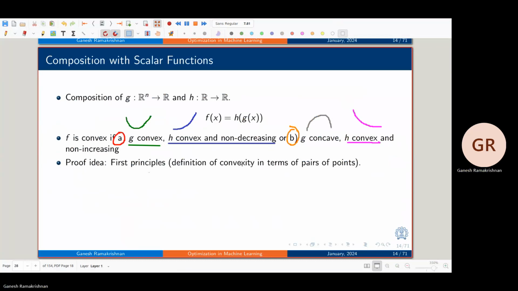Or optionally, g can be concave like this. But in this case, h continues remaining convex, but non-increasing. Okay, just remember these combinations. If you have color pens, you can actually draw them. This helps you remember. Now, what's really happening? H is, see the function